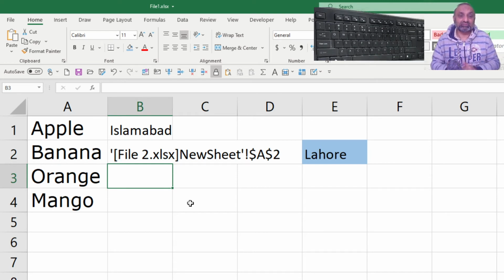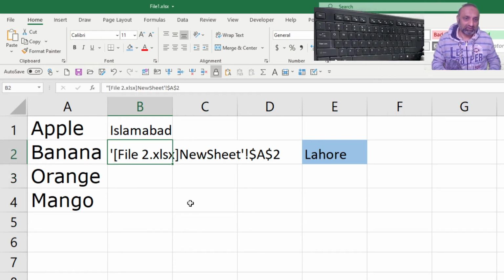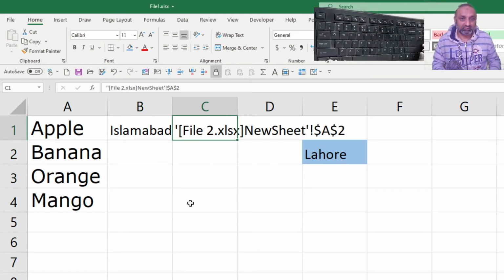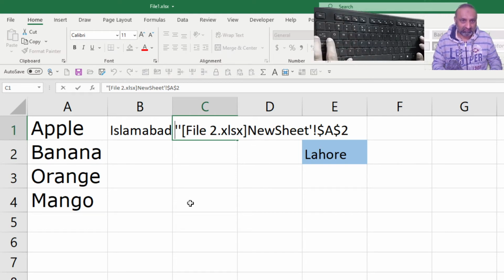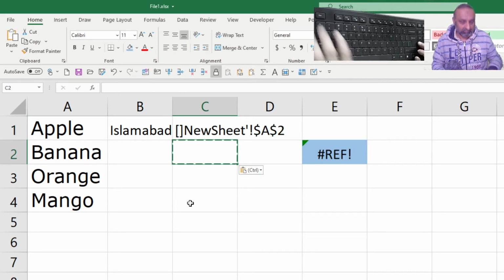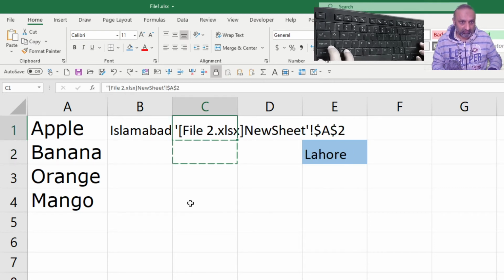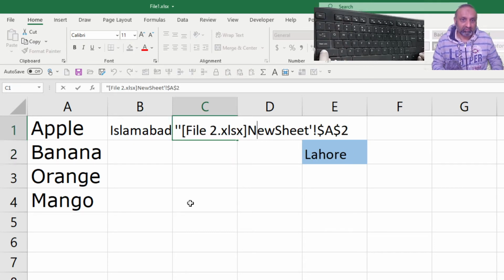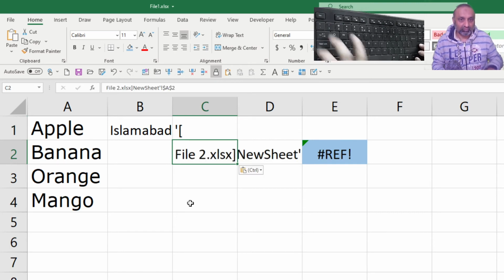Now we are going to do the same thing, and that is we are going to split our equation: workbook, worksheet, and the cell reference. So let's cut it, paste it here, and first we need to have this. We need to have this file name, or what we can do, we can have this Control X, Control V,